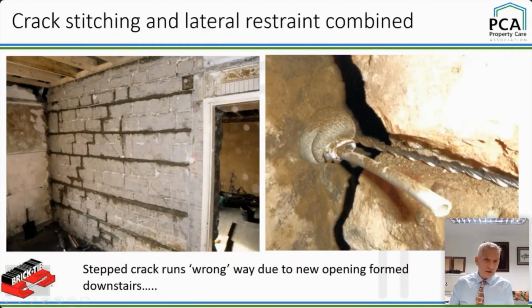Here's a little bit of crack stitching. That wall's cracked up, badly cracked. So what we've done is we've restored its lost continuity, because we don't want the wall to re-crack when it's all plastered, by putting some crack stitching in. But we've also extended that into the outer leaf. And if it were brick, it would have merely been resin bonded in the outer leaf to act as a lateral restraint, because this close-up shows you there's quite a big gap between that wall and the external wall,